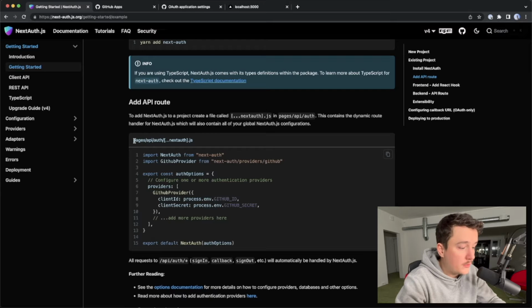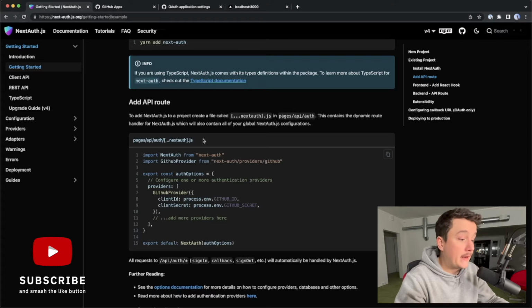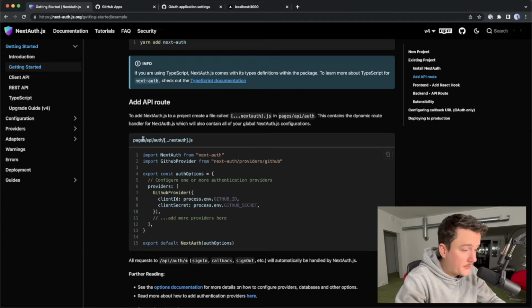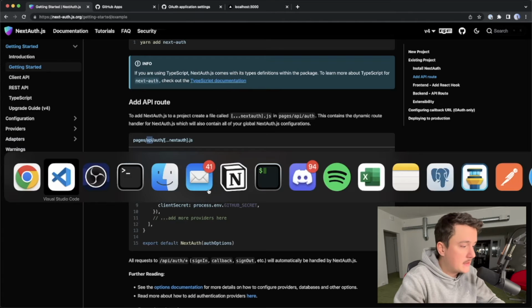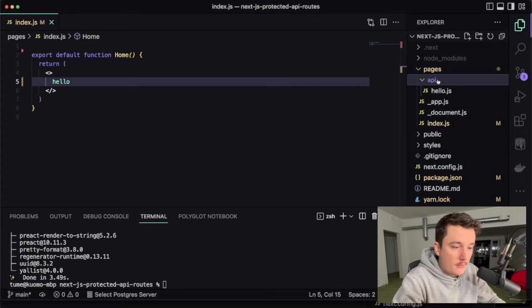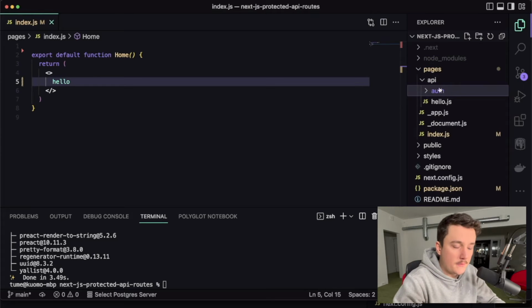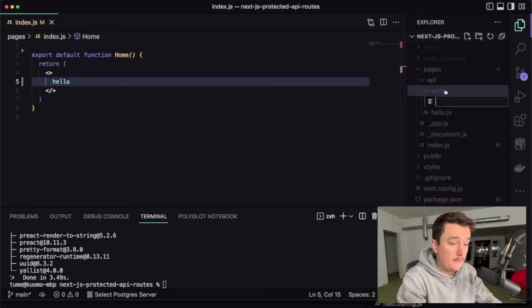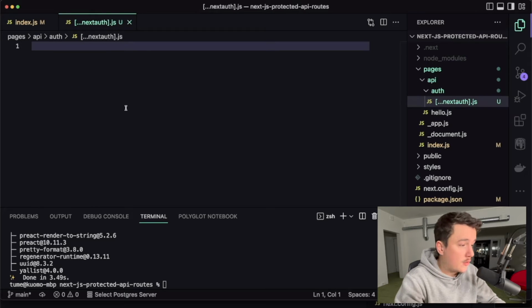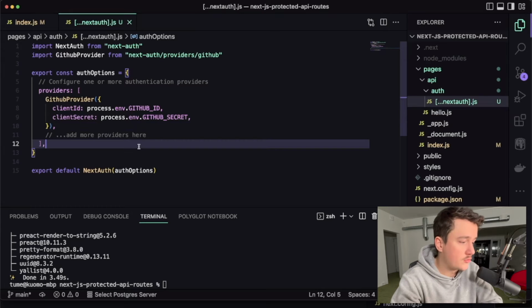So what we want to do next is create this nextauth.js file, which will handle the authentication. So what I'm going to do is just copy this code over here, and looks like we need to create a folder called auth into the API folder and then place this inside of that. So let's do that next. So inside the API folder, I will create a new folder called auth, and inside of that I will create that auth file. Then I'll paste in the code that we copied,